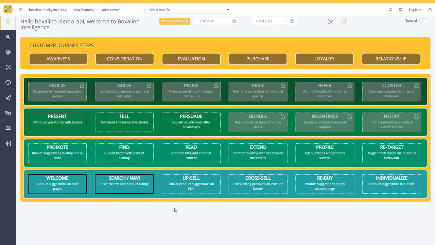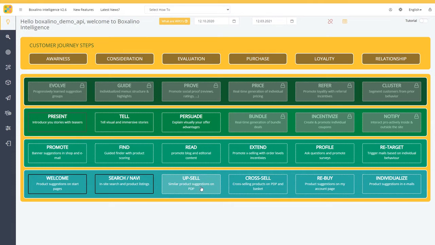So we are here in the main administration of Boxalino, and there we can see all of the different WPOs, or widget and page optimizers. As you can see, they are structured in rows. In the bottom row here, we have the welcome, which is for product suggestions on the start page, the search and navi, which is for the inside search and the product listing pages, the upsell, which is for the